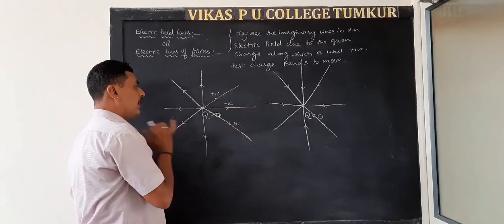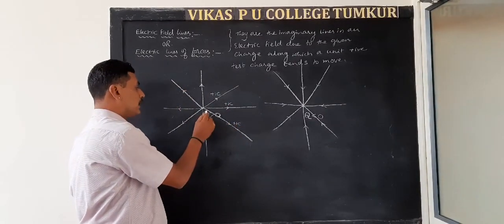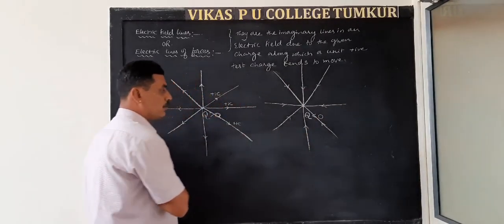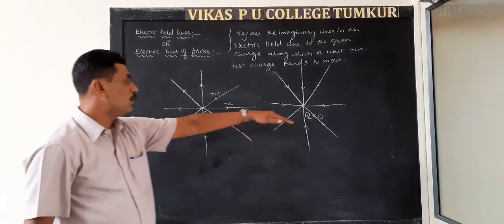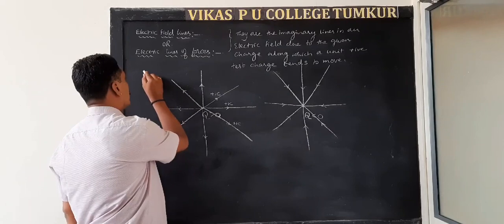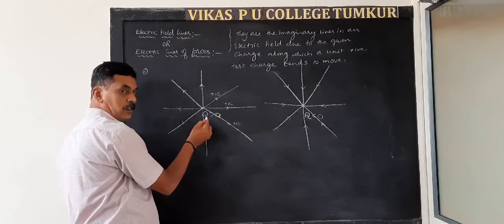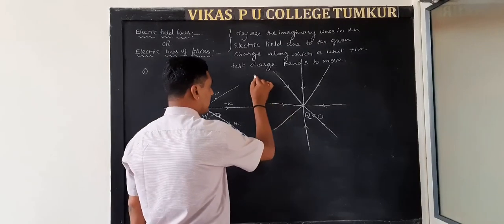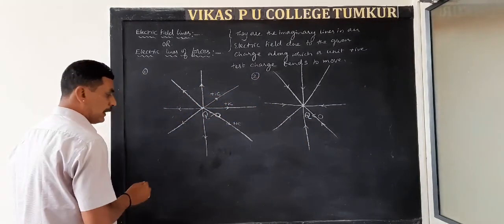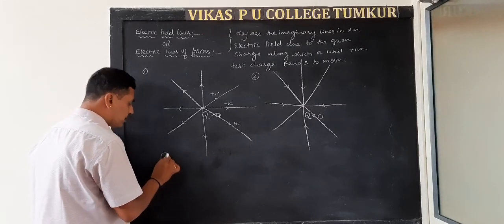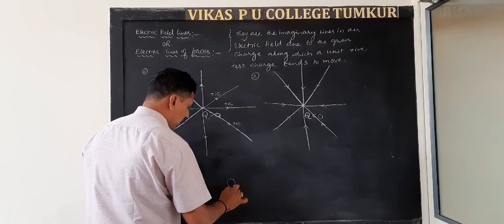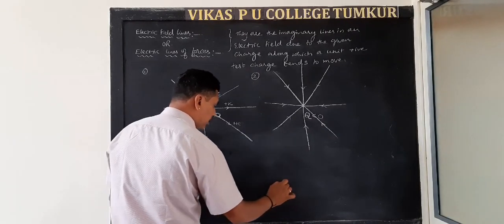These are the electric field lines due to a charge which is positive. These are the electric field lines due to a charge which is negative. So, ಇದು case 1, Q greater than 0. In the case 2, Q less than 0. ಹಾಗೆ case 3, if you have an electric dipole,